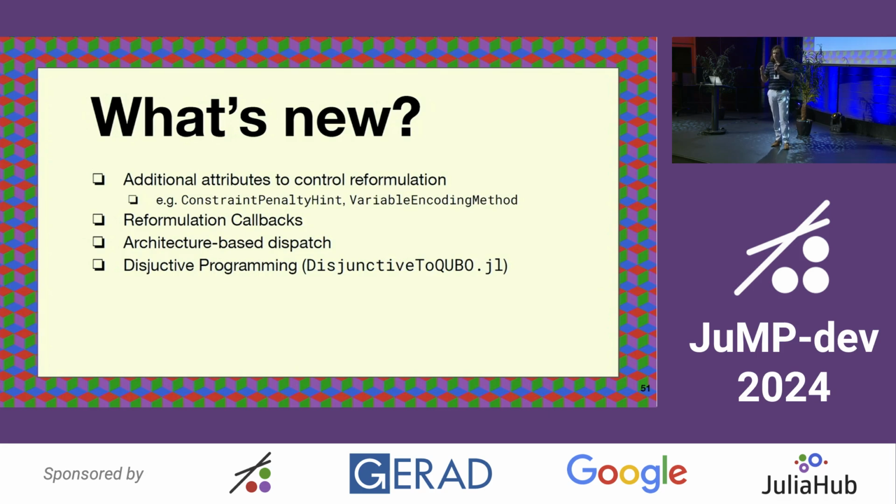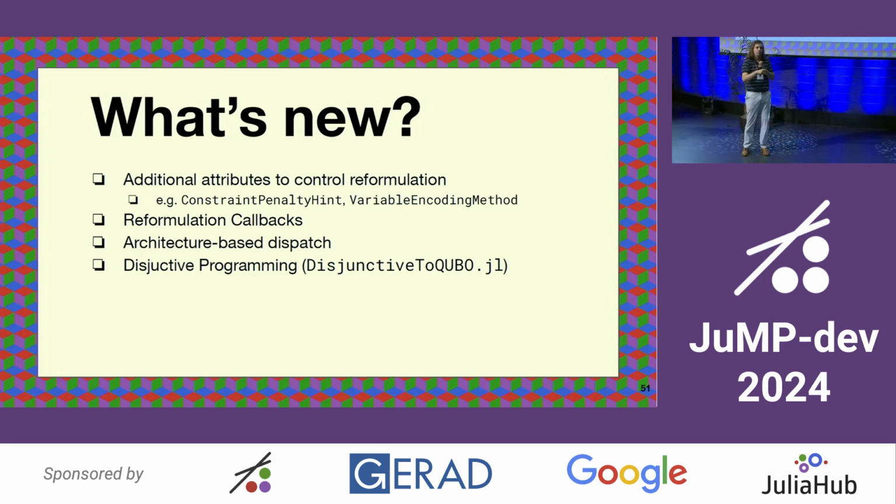And it was nice that Josh's presentation was today, because what we presented recently was this extension called disjunctive to QUBO that leverages everything that was done in disjunctive programming and allows for this integration, especially taking some of the semantics of the disjunctive programming into account. So instead of going all the way from the MINLP through the MIP reformulations to then arrive at QUBO, we figured out that there are some ways in which you can directly reformulate from indicator constraints into QUBO and take advantage of these logical relations.